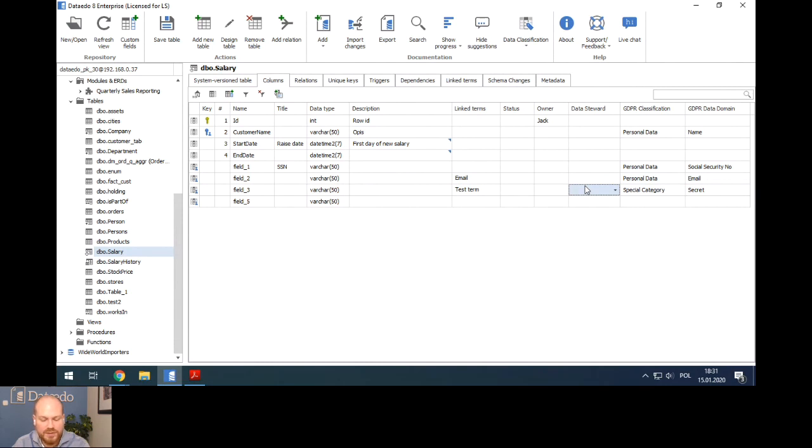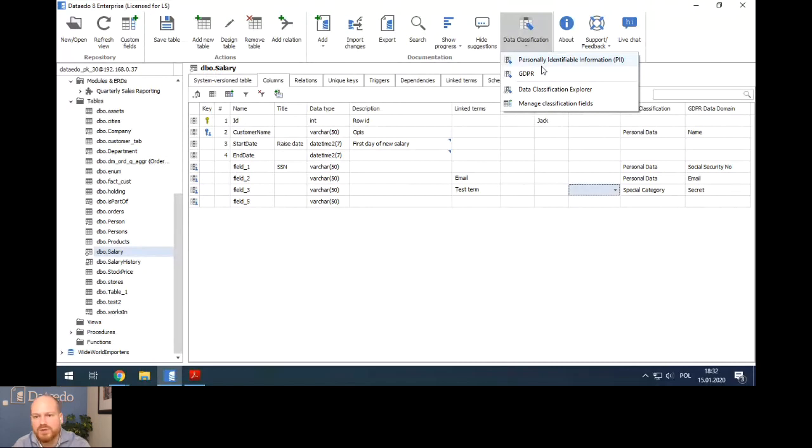Okay, so I showed you how this works. I also mentioned that you can modify those functions and create your own. This is an advanced function. It requires some knowledge in SQL, in databases. You connect to the repository, and you'll see three tables. One is the list of classification functions. You just add a new row. Then there are masks, meaning what patterns we should look for, and the last one is linking those patterns to a specific classification function,